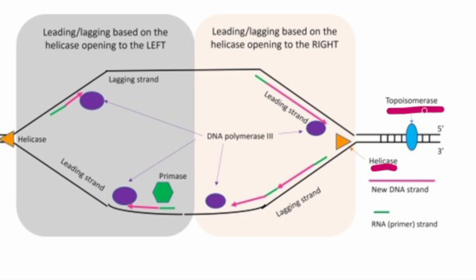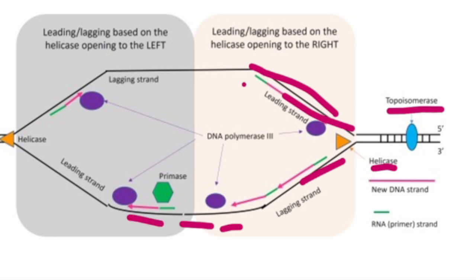Topoisomerase is going to open, helicase is going to stop the coiling or formation of the complementary base pairs of the parental strand. So once the lagging strand and leading strand are open, DNA dependent DNA polymerase will start working. They will continuously add the dNTPs onto the leading strand, and on the lagging strand, they are going to add the dNTPs in the form of small patches, right?